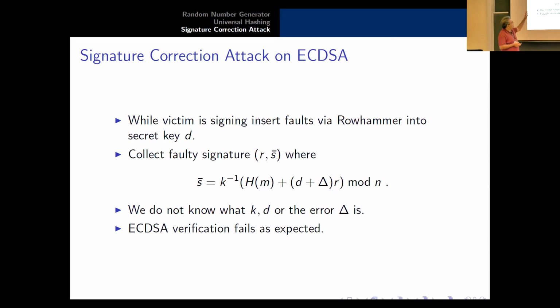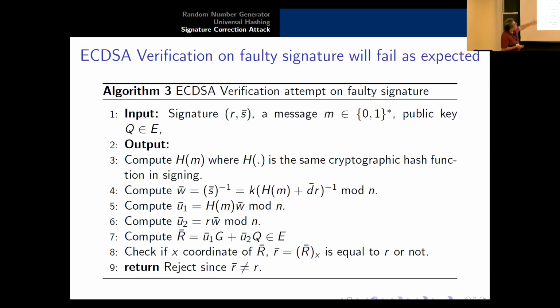The problem is we're able to inject the flip, but we don't know what K is, or D, the secret key, our target, and even the error vector. We don't know what it is. But we know that delta is bound. It has 1 bit of entropy, only 1 or maybe 2 of the bits got flipped. So the verification at this point will fail. When we run the verification algorithm,